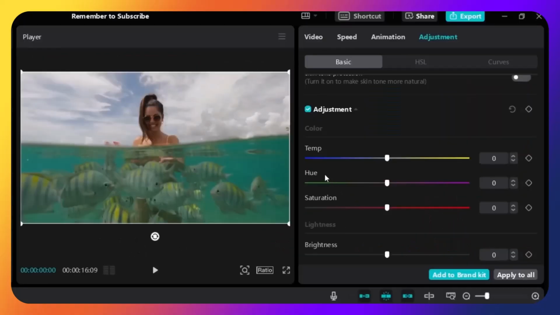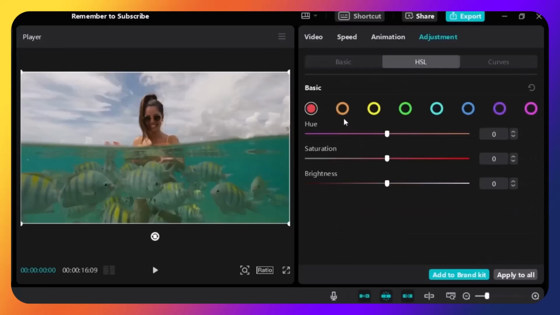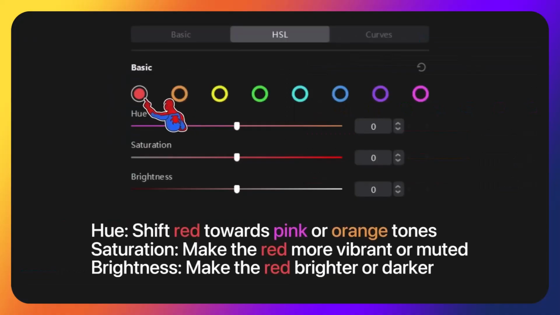Alright, now that you know what is hue and saturation, we can go over to the HSL section. And right now, I'm going to show you how we can color grade a video by playing around with these 8 colors. But first, I need to show you what each of these colors will actually do. So the first color is red. Now for hue, if we slide it towards pink, that means the red colors in your video will look more pink. And if we slide the hue towards orange, that means the red colors in your video will look more